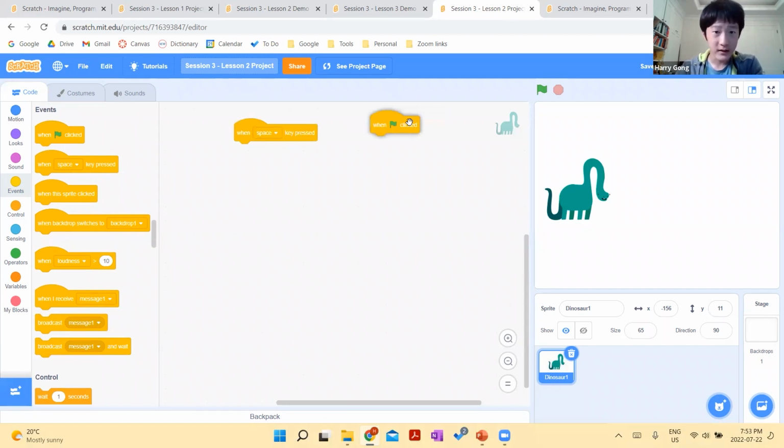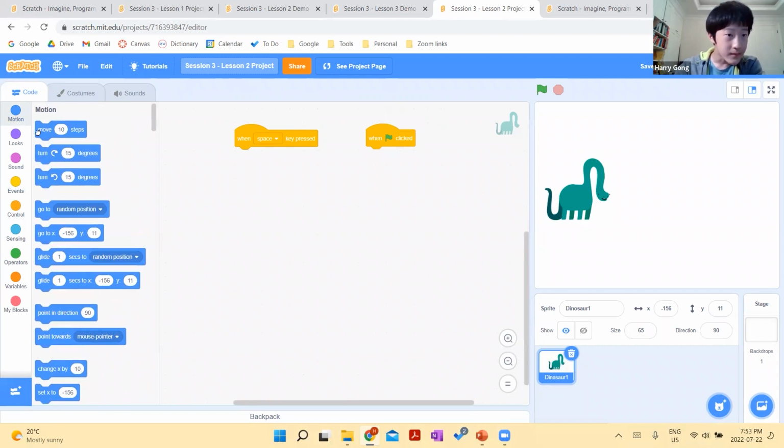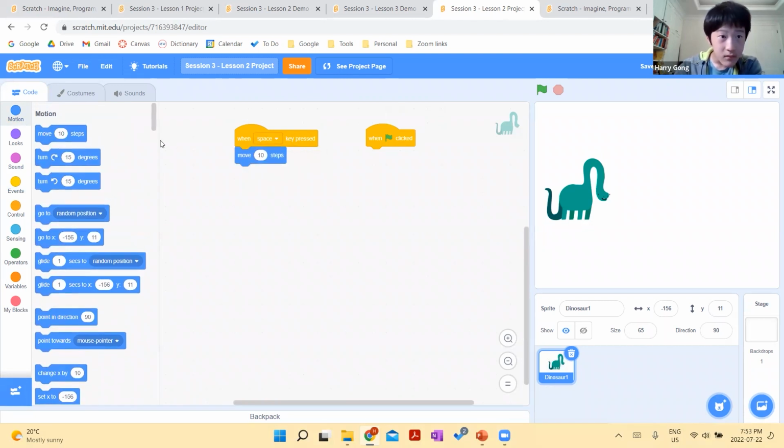So this block here behaves kind of similar to this block because, for example, if we snap some other blocks under these, in both cases, the yellow block